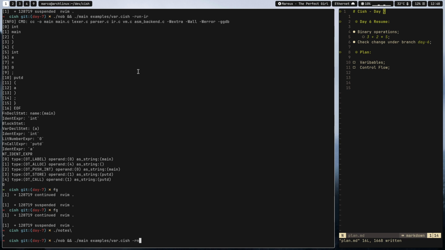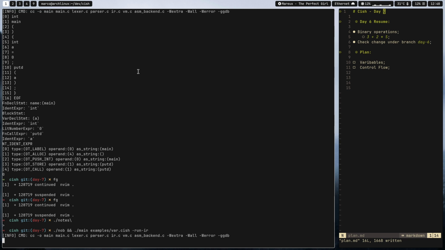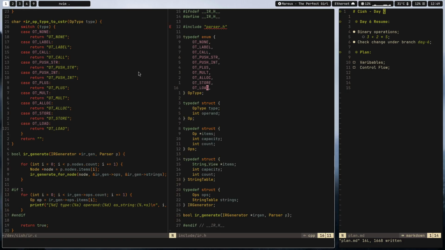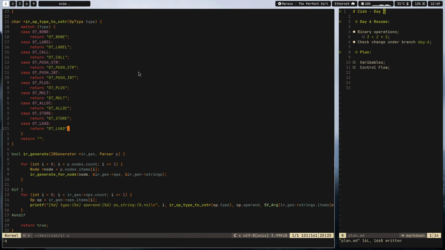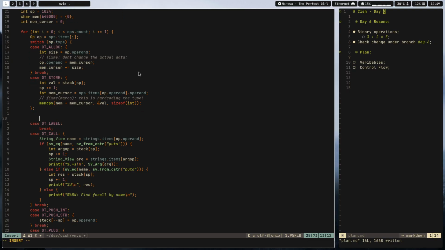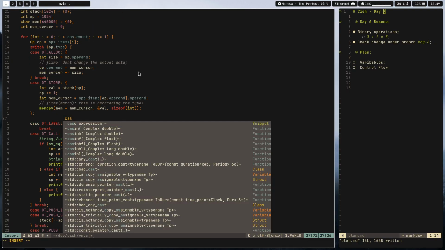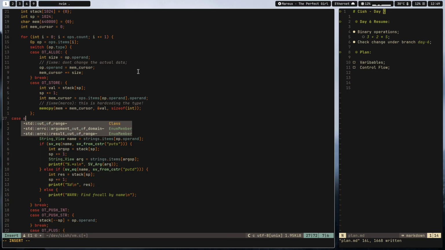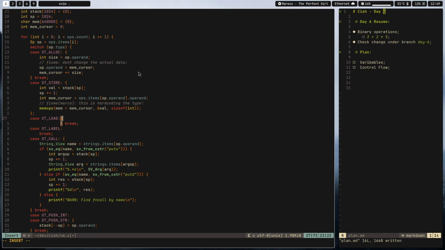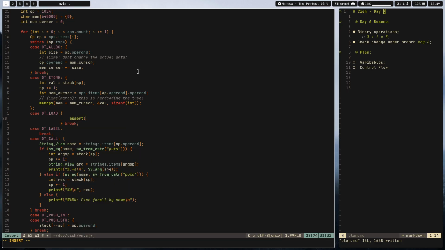var run ir. Of course, you are right. So let me close this, go into vm.c, this one. I can say case ot vote, break, assert false, implement,